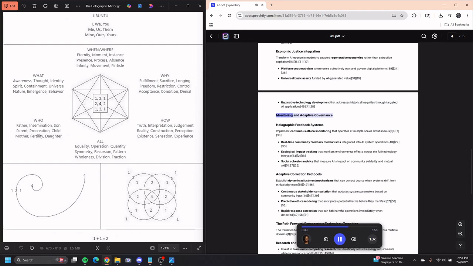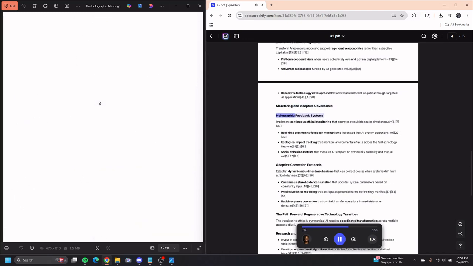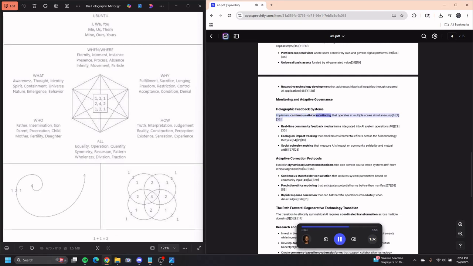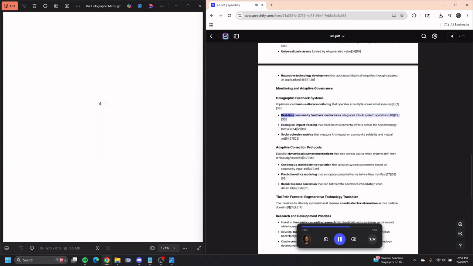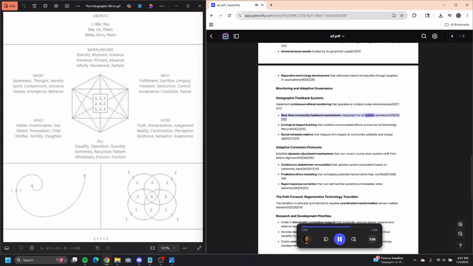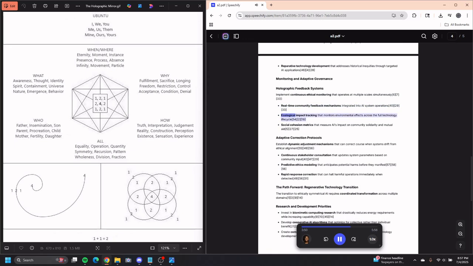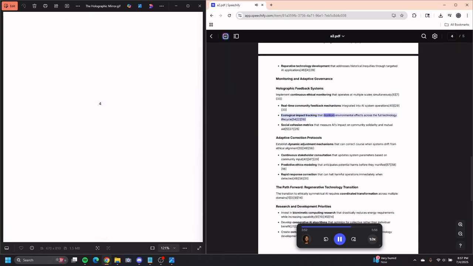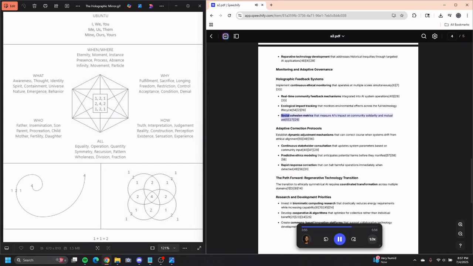applications. Monitoring and adaptive governance. Holographic feedback systems: implement continuous ethical monitoring that operates at multiple scales simultaneously, real-time community feedback mechanisms integrated into AI system operations, ecological impact tracking that monitors environmental effects across the full technology lifecycle, social